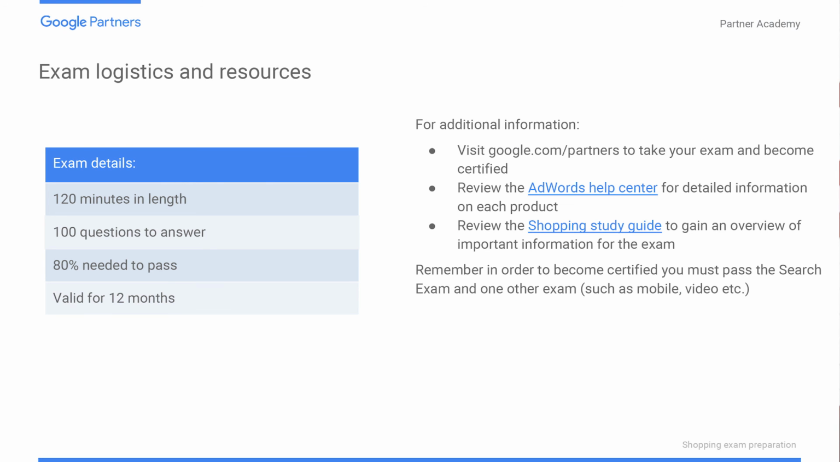And that's it. Let's talk about the exam. You will have 120 minutes to cover 100 questions, and you'll need an 80% result to pass. This certification is good for 12 months. To become Google certified, you must pass the search exam and one other exam. If you are looking for other resources, you can find them in the Shopping Study Guide, the AdWords Help Center,